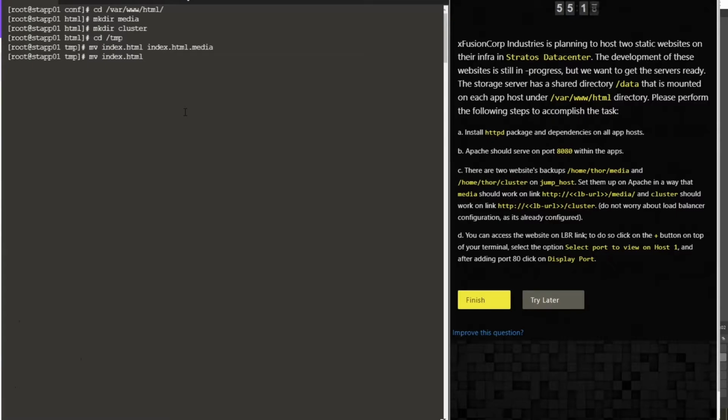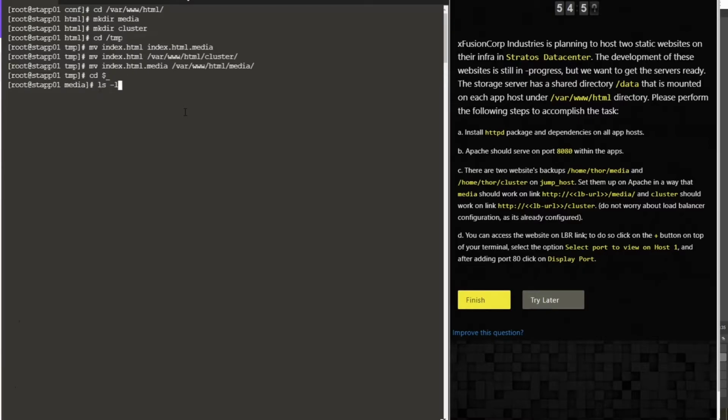let's move the index.html to their respective directories under the root of Apache. And then the media file to the media directory. And remember guys, we need to rename this because it is not the right format.